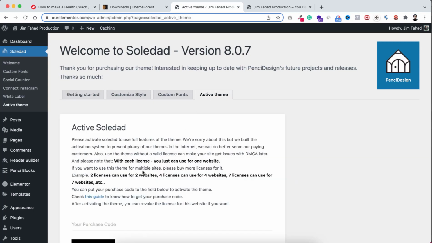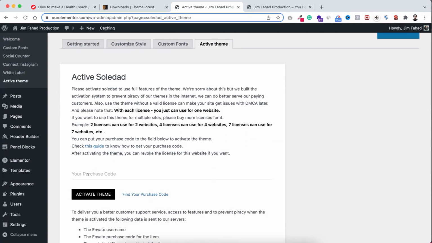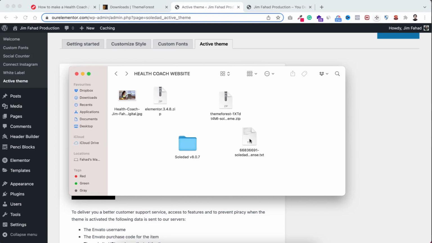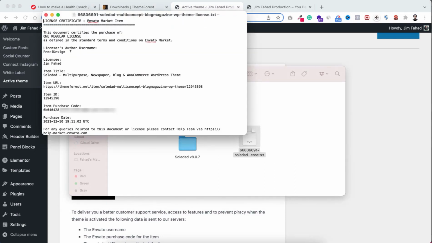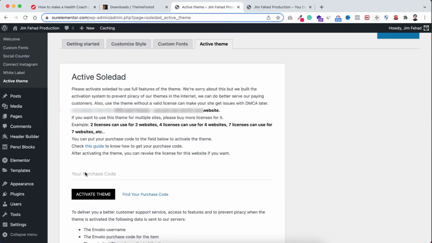Then from here, if you scroll down here, you need to put your purchase code or the key. And you remember we have downloaded another license file. So this text file, let's open this text file. So here under item URL, under item ID, here it is, it says item purchase code. Let's just copy your purchase code from here. Now let's go back to the dashboard, paste the purchase code here within this field, and then click on activate